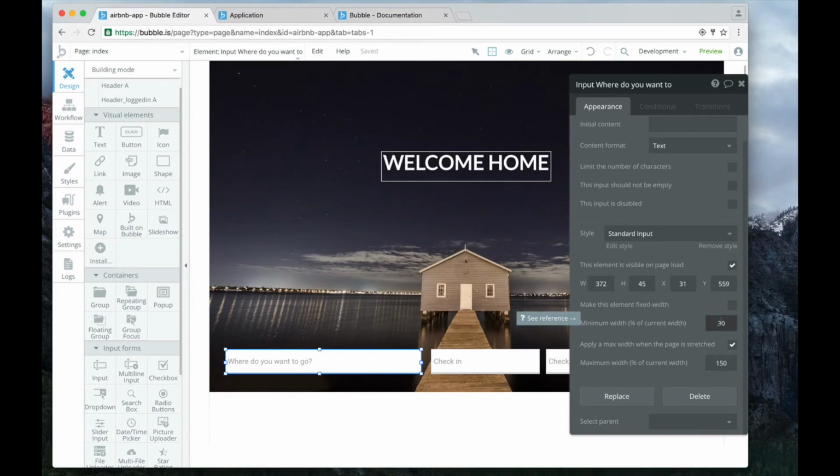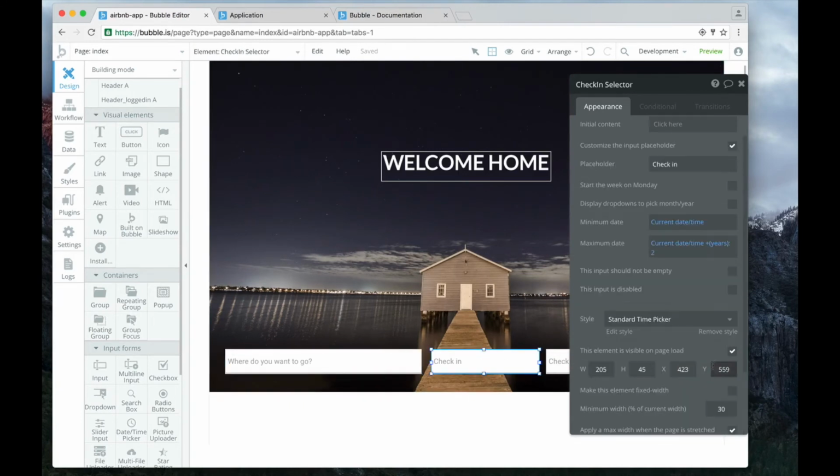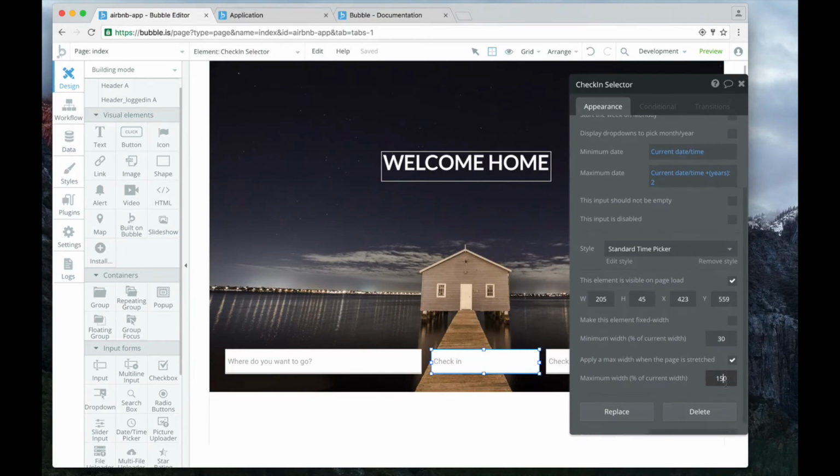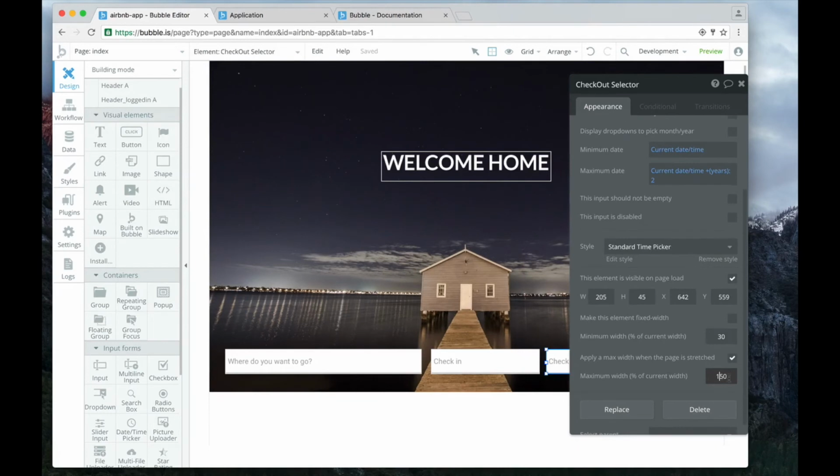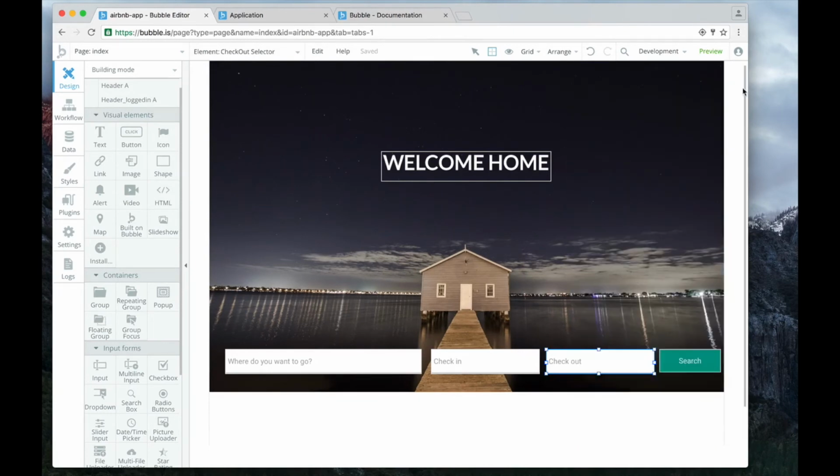Minimum width, 30%. Apply a max width when the page is stretched. Let's change this from 150 to 100. Same with check-in, we'll change that from 150 to 100. And checkout, 150 to 100. And now let's see how that's affected the page. We go to Responsive Viewer